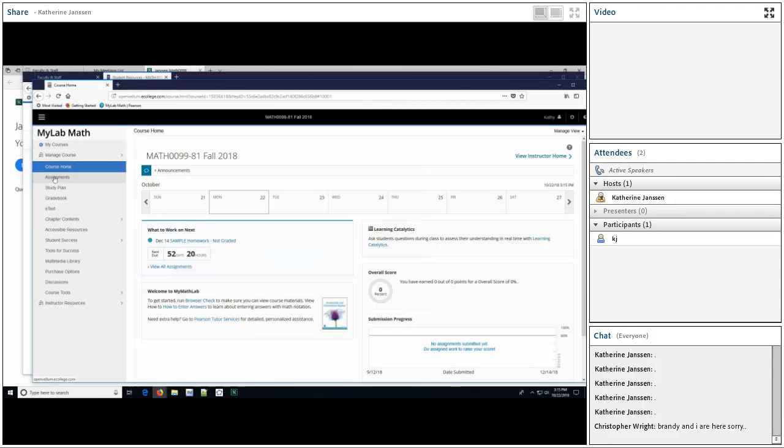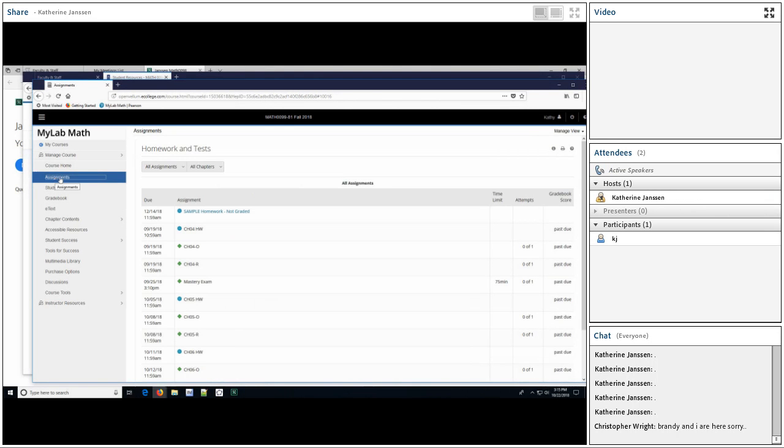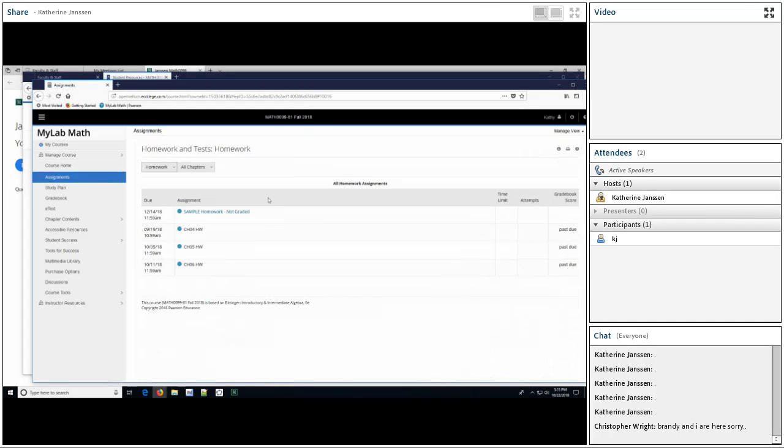Under assignments, I'm going to check just the homework category. And these are homework categories that we'll be looking at. We start with chapter 1 in our textbook.